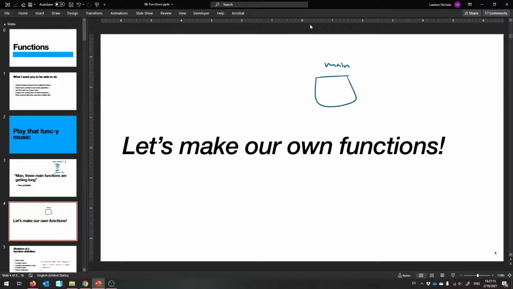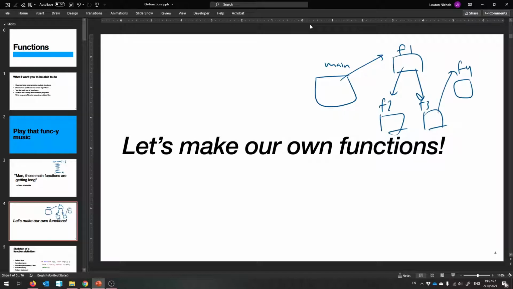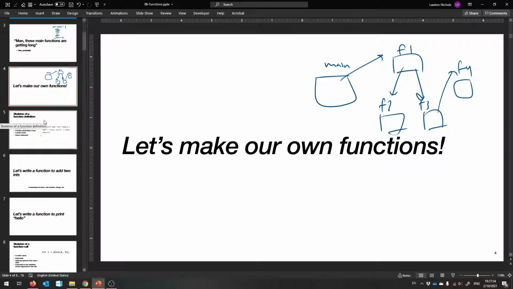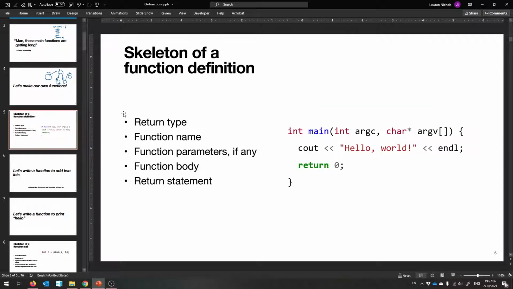It gets us started, but it's going to call one function, f1, which maybe needs to call f2 and f3 to do some work, and maybe f3 is going to do some more work by calling f4. And it's just wonderful because we can split up our code into a bunch of logical chunks of things, okay? So here is the skeleton of a function definition, and I'm going to use the one we already know